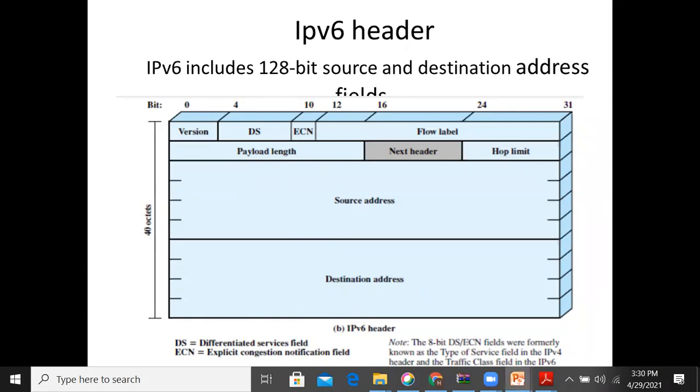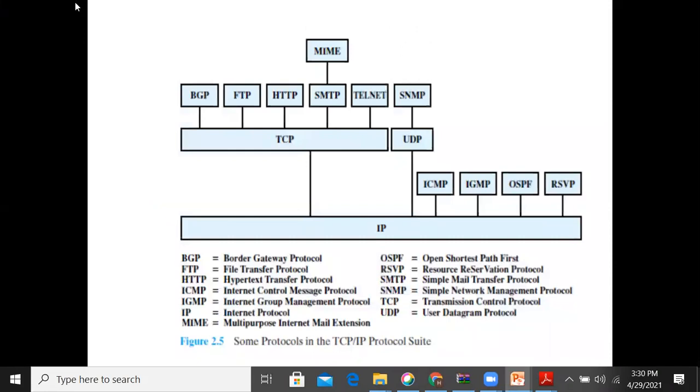Now coming to the different protocols we are using in the TCP/IP protocol suite. TCP/IP is a protocol suite having 4 layers, right?